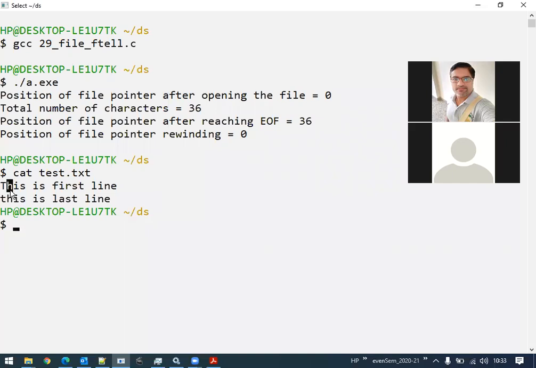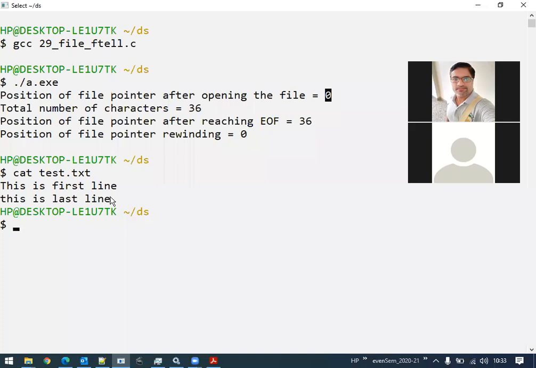This is 1. This I is 2. Like that, it will keep on incrementing. If you notice, the first character position is 0. The second character position is 1. So the position for the file pointer is 1 less because it is starting with 0.